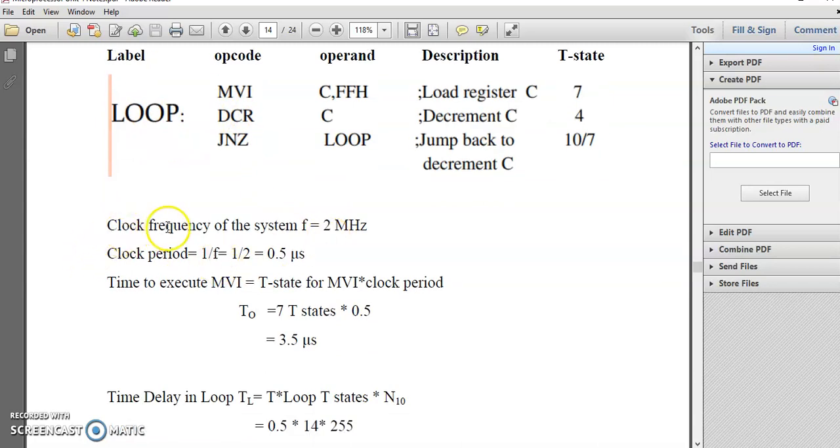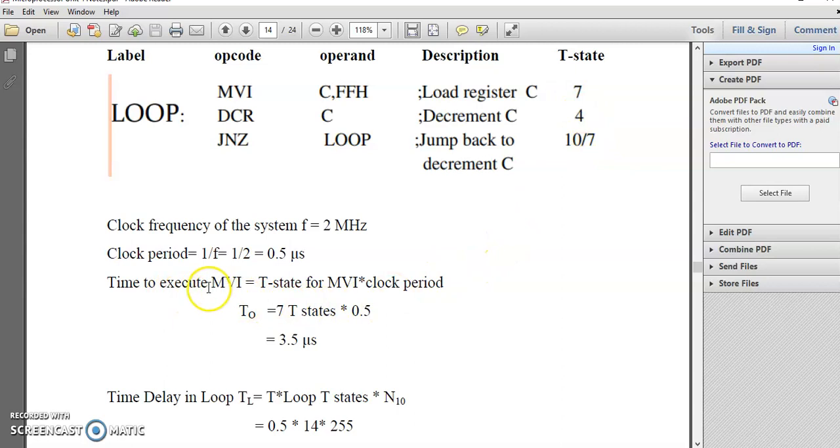If the clock frequency of the system is 2 megahertz, then the clock period of the system will be 1 by f, equal to 0.5 microsecond. Now we will calculate the time to execute MVI. How many T states does this instruction require? 7.